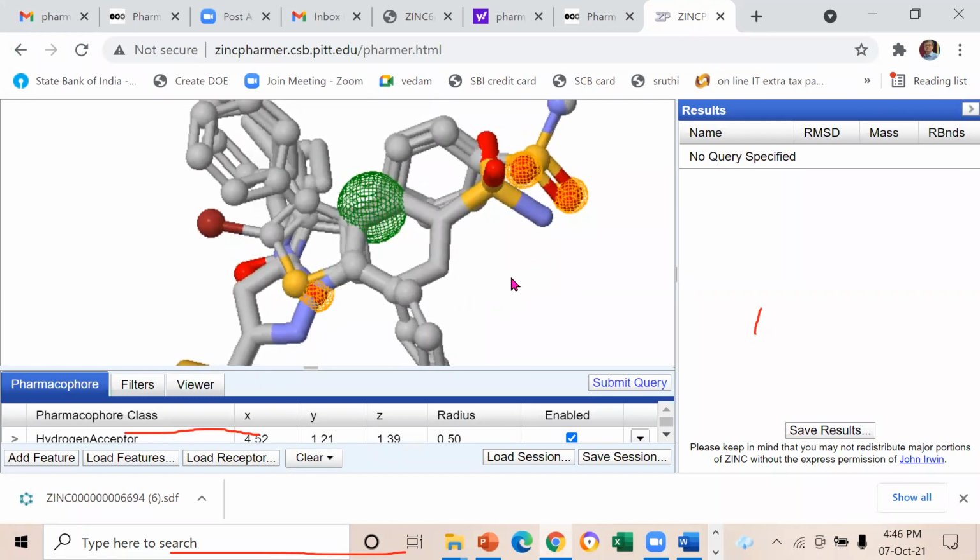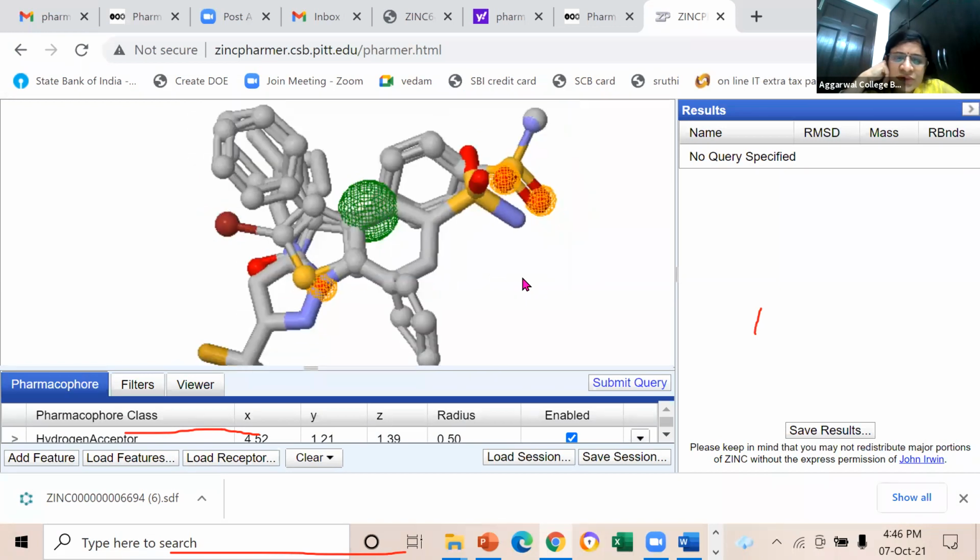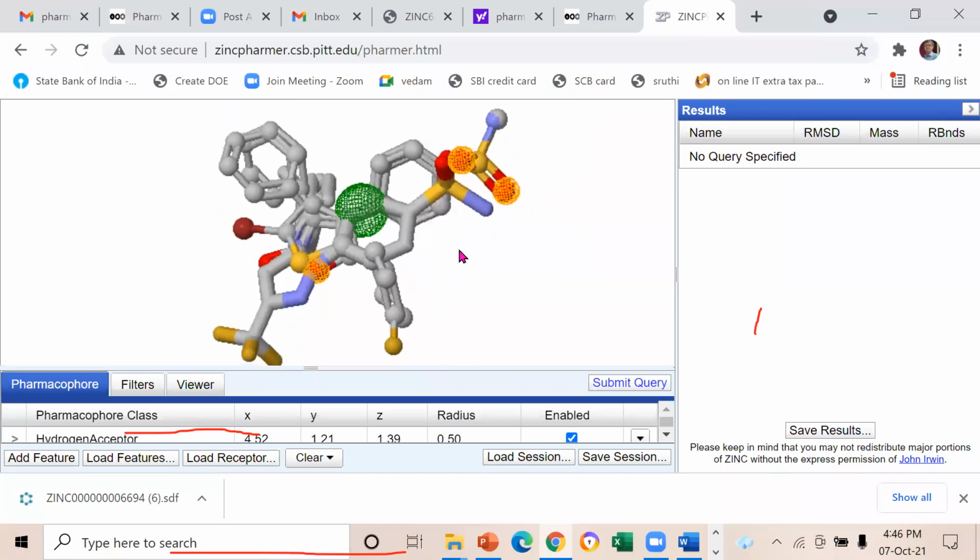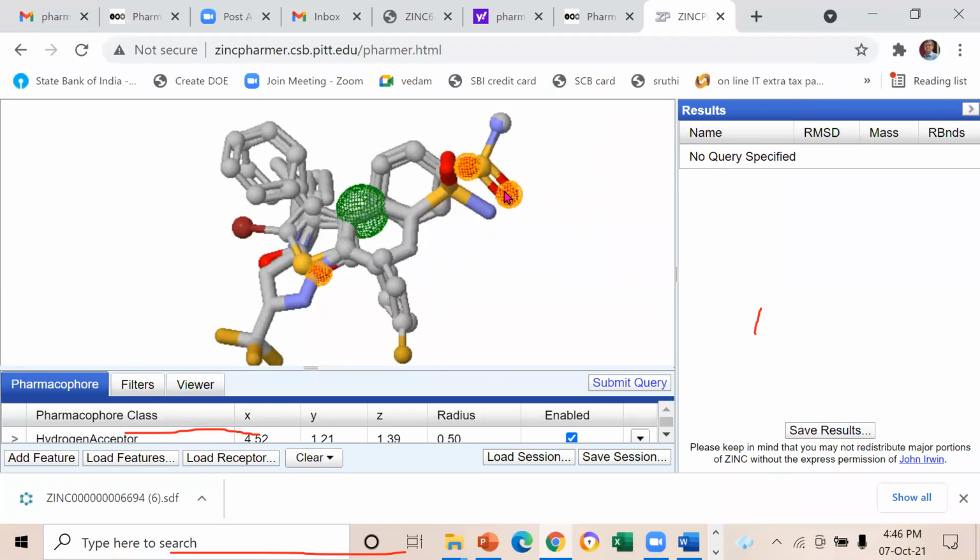All of you are able to see this? Yes, sir. They're able to see. All of you are able to see this, right? So yes, three acceptors in orange color and then